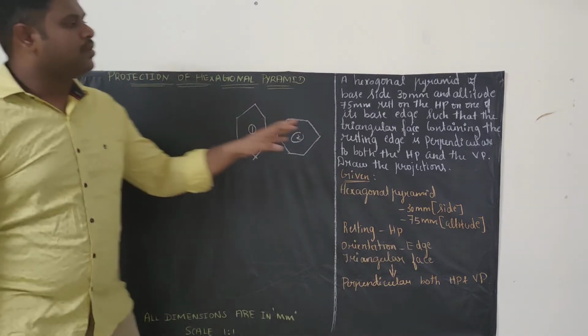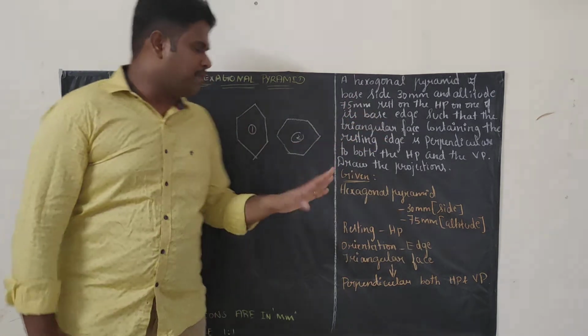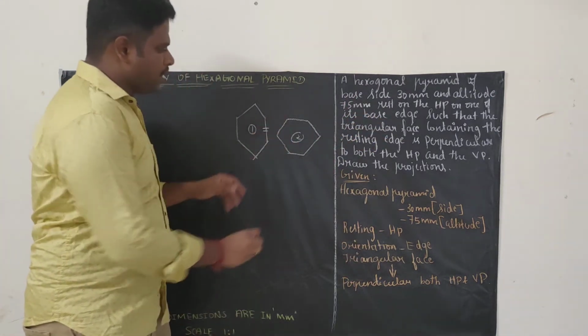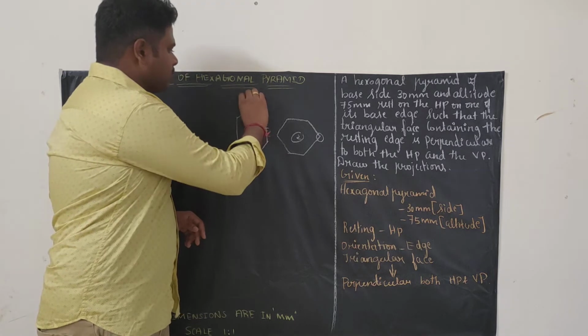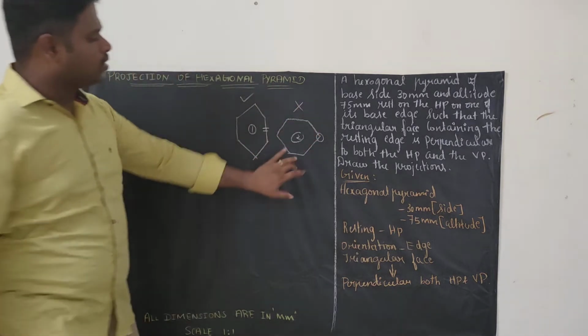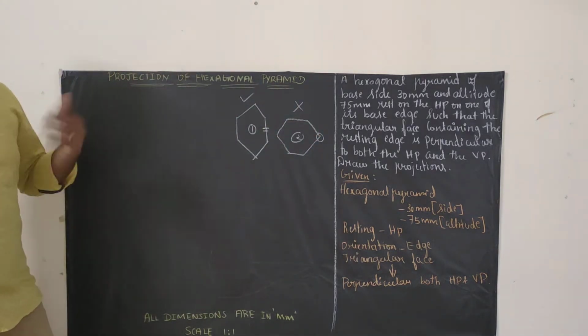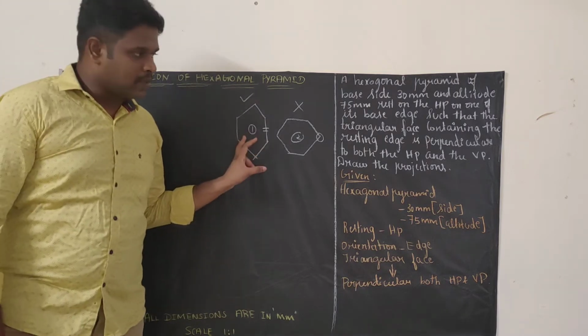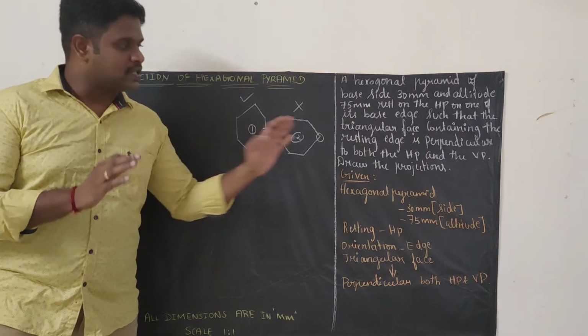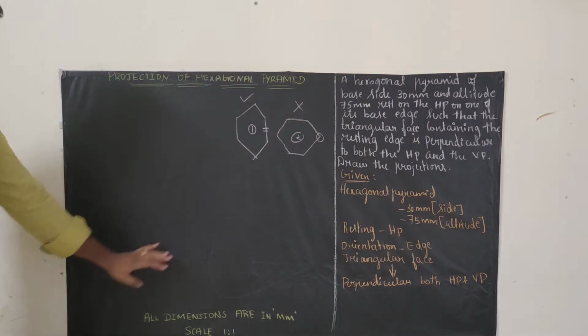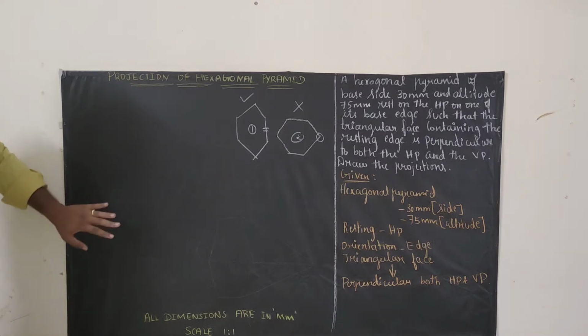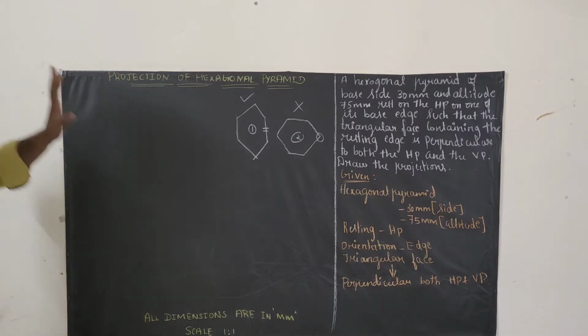So here they clearly mention the base edge is resting on HP. Base edge means this is the base edge and this is the base corner. So we will be moving with this one and we should not draw this type of hexagon. So the hexagon which we are going to draw is the first category, this type of hexagon, and we know very well it's resting on HP. So we are going to draw the base diagram of the hexagon in HP and then proceed with the diagram. So initially you just follow, and I think it's very clear and understandable from the question and how we have to draw the base diagram.